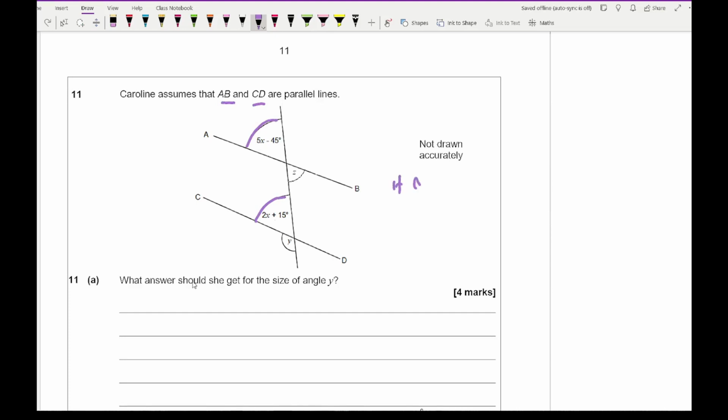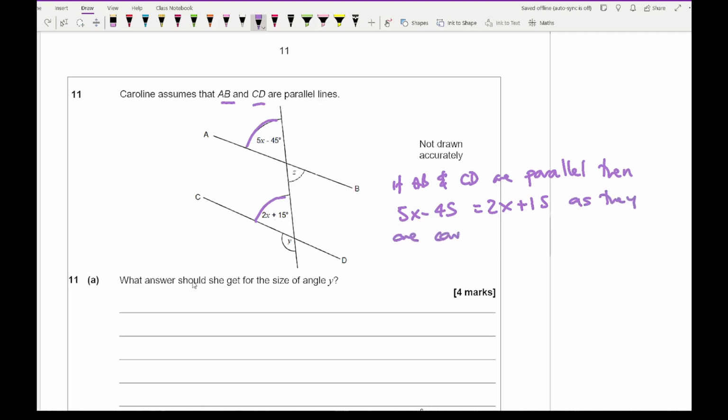So if AB and CD are parallel, then 5x minus 45 equals 2x plus 15, as they are corresponding. So 5x minus 45 equals 2x plus 15, so that's going to give me 3x equals 60, so x equals